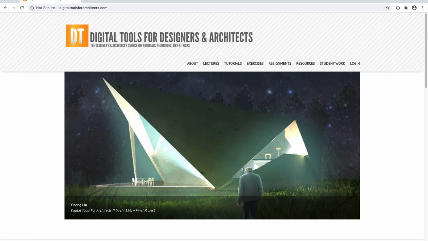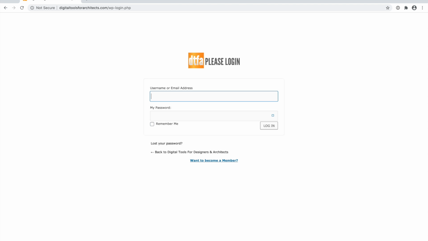I'm going to go ahead and click on the login button. And you're going to take your credentials that were emailed to you, the temporary password and your email address. If you don't know your email address, it is probably your Insight email, whatever's listed there. That's the email that I used to create your account in the first place. And if you didn't get the automated email, it's possible that it went to your spam folder, so check there.